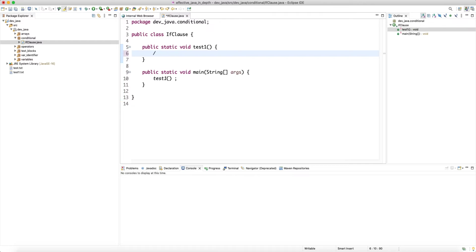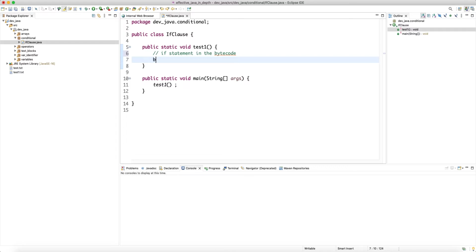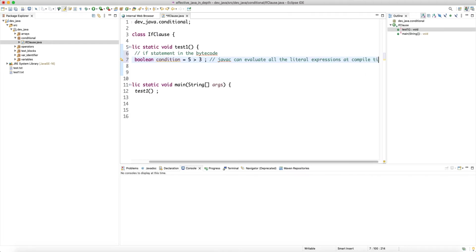Alright, so if a statement in the bytecode. So we're going to say that Boolean condition is true, okay? Or let's say make something that we can evaluate, 5 greater than 3. These are integer literals, and we already have seen in the previous lectures that this will not be evaluated at runtime. At least the Java compiler is not dumb enough to just defer this to runtime. So javac, although it's a dumb compiler, can evaluate all the literal expressions at compile time,